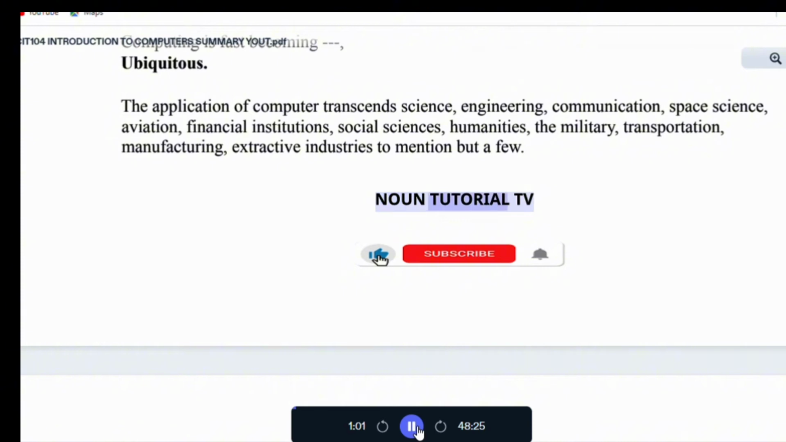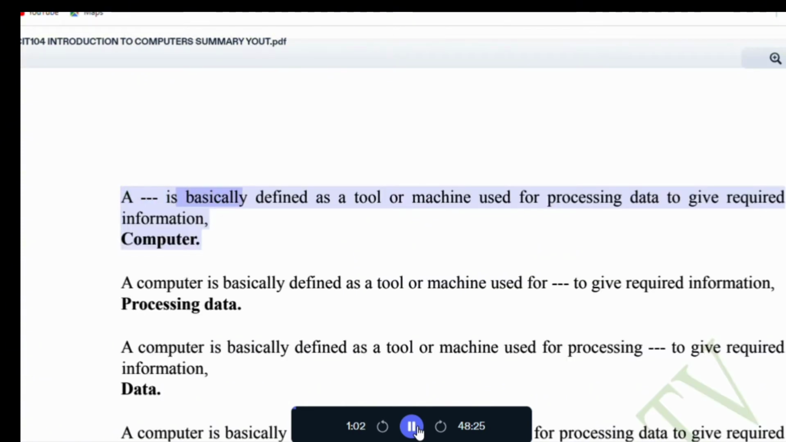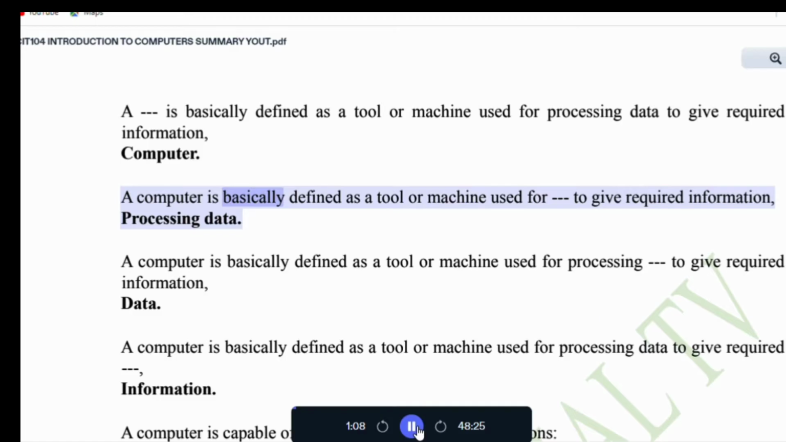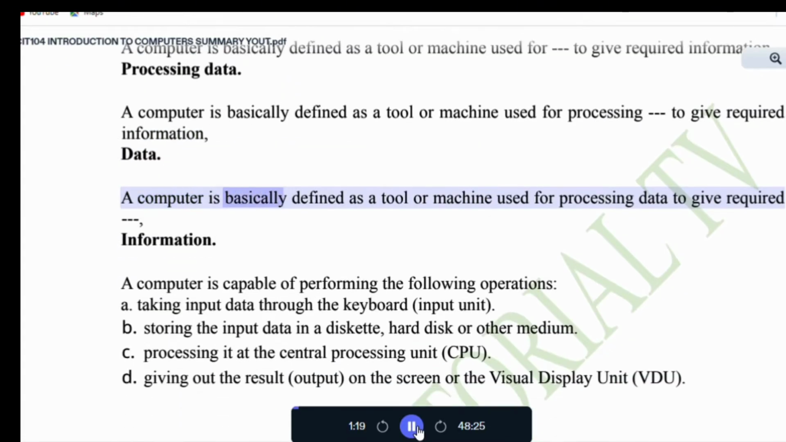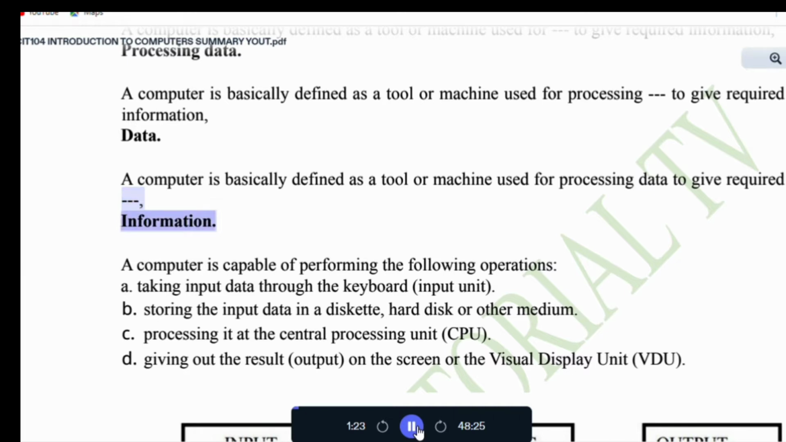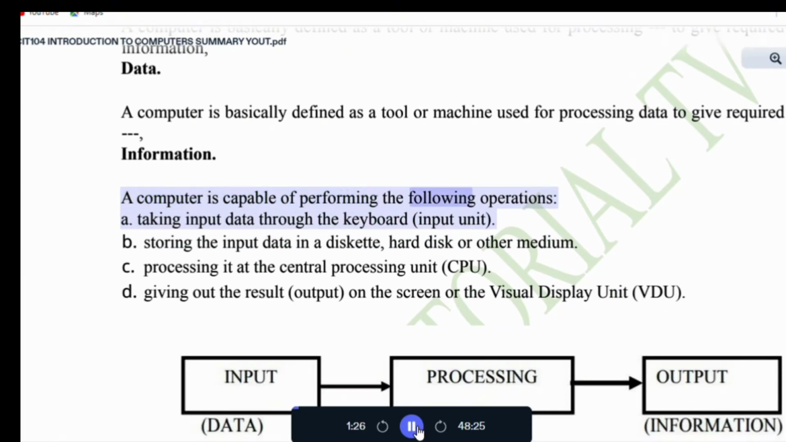A computer is basically defined as a tool or machine used for processing data to give required information. A computer is capable of performing the following operations: